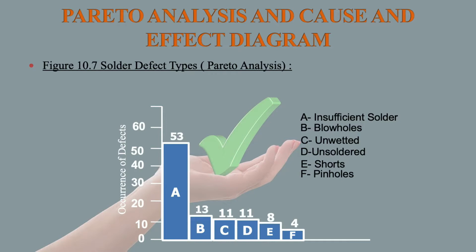So 66% of the problem can be reduced, and another 34% can be solved later. So that is the advantage of Pareto analysis and cause and effect diagram. Here, by identifying the major causes, the major causes can be reduced first, and then we go for the lower percentage problems. So this is the advantage of a Pareto analysis for the cause and effect diagram.